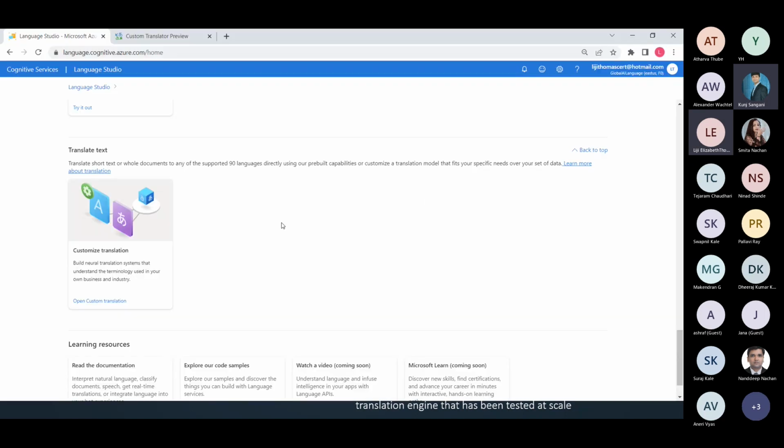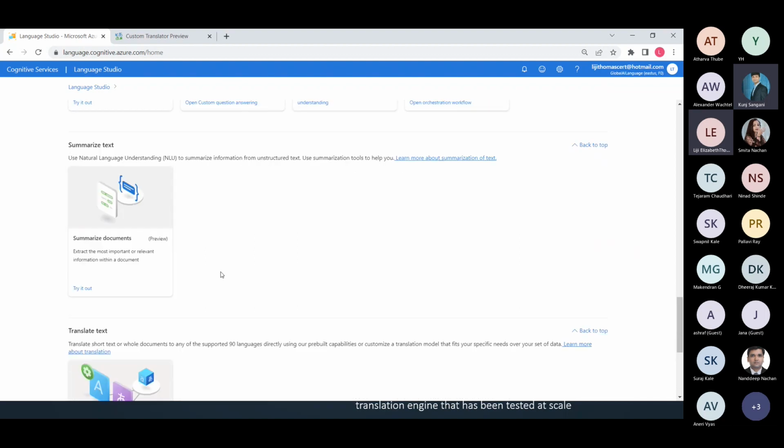Again, going back here, I would say that there is much more that we have not discovered and not really talked about. Feel free to explore all of this. Summarization of documents is, again, a huge feature. Imagine a legal firm with scores of documents that you need to look through to be able to learn and represent your client.